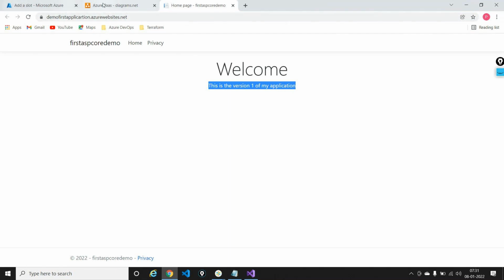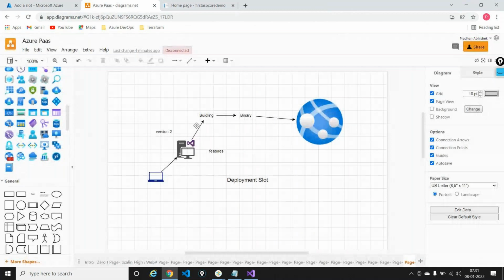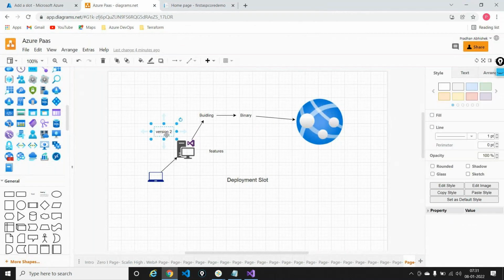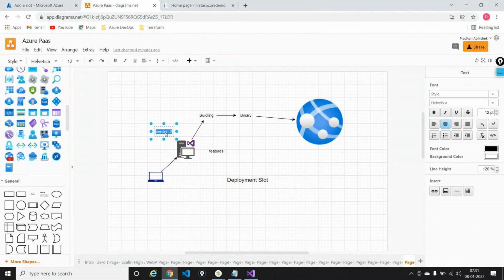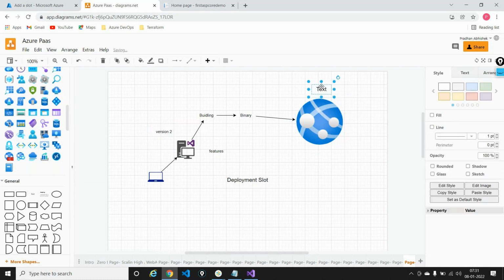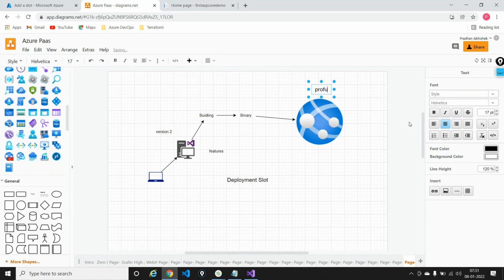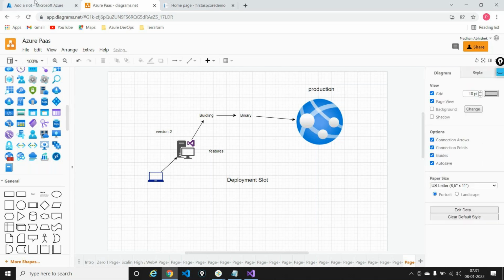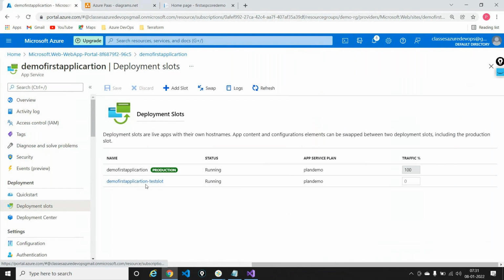Now the company says, okay, fine, great, you have brought back version 1, but we have to improve version 2 and then release it. But this time we'll take a smarter approach. We'll try to test it beforehand. We'll try to do all the testing before you hit production. This is the production or the live environment. So what I'll do is come down here, I'll say close, and I now have a slot right now.